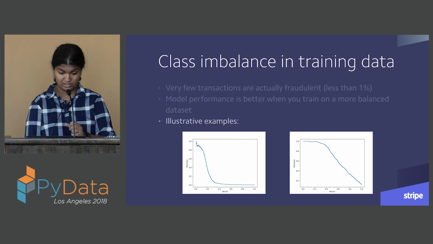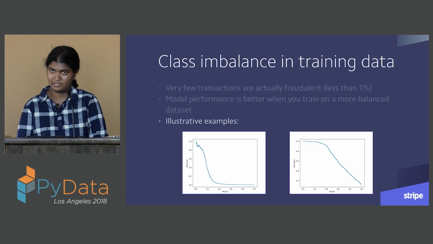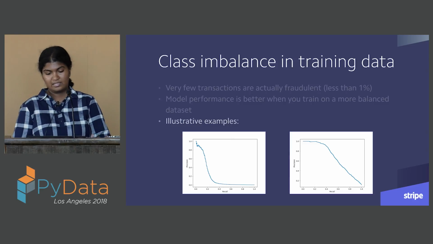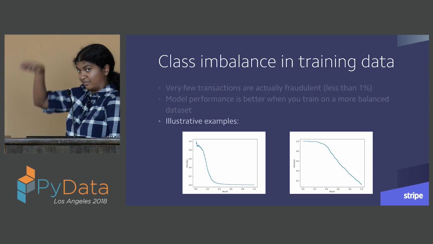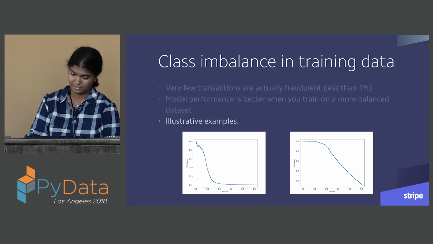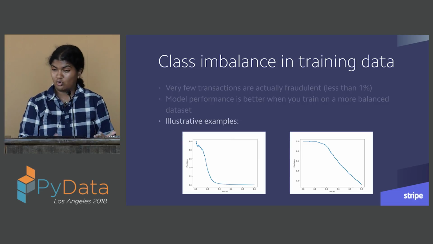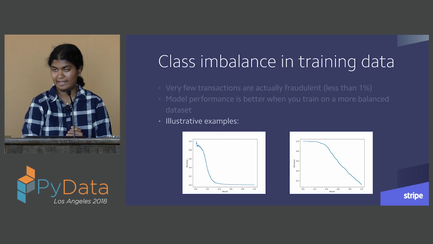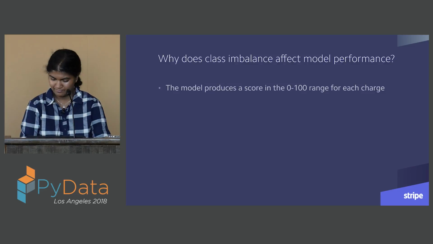The precision recall curve on the left was obtained by training on a very imbalanced data set, and it looks really bad. It kind of dips, and it never really comes up. It flattens. I have that on another slide. I'll pull it up again. And the one on the right is a more normal-looking precision recall curve, and that one was obtained on a more balanced data set. So why does this happen?